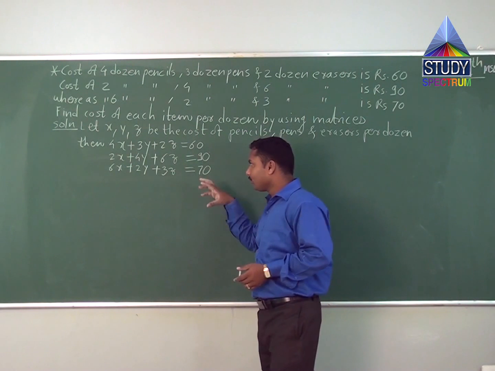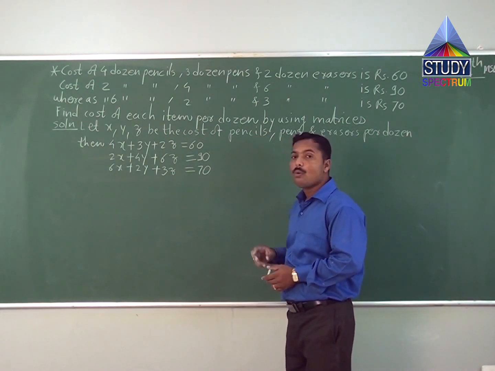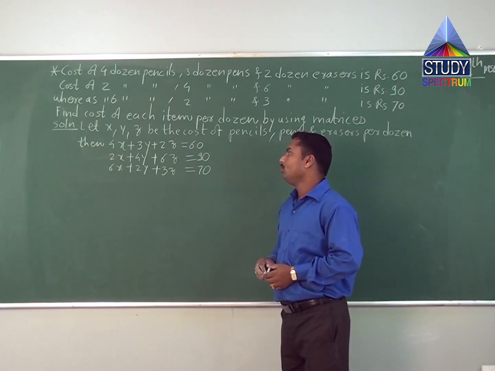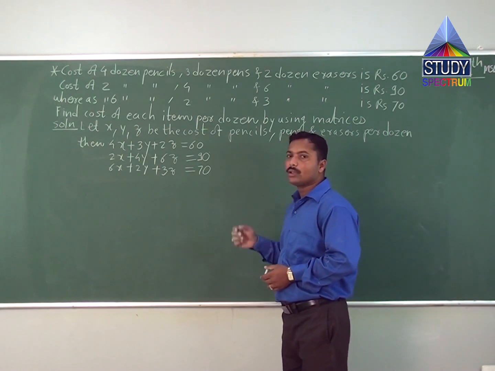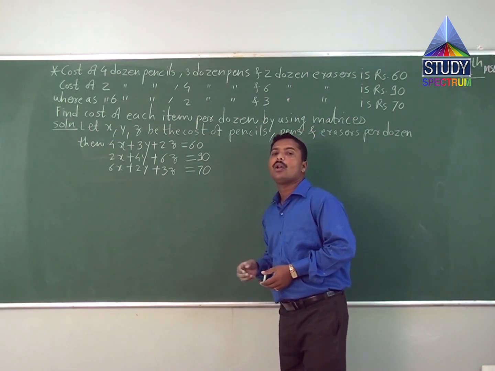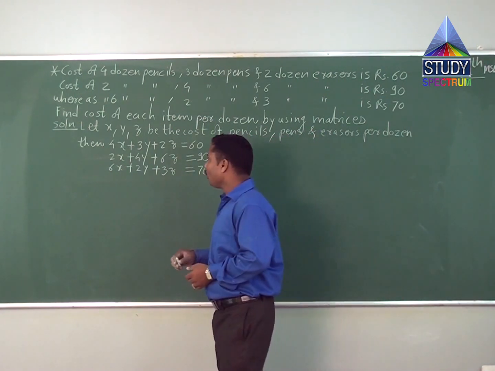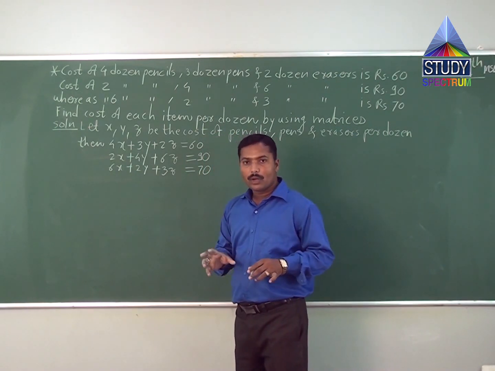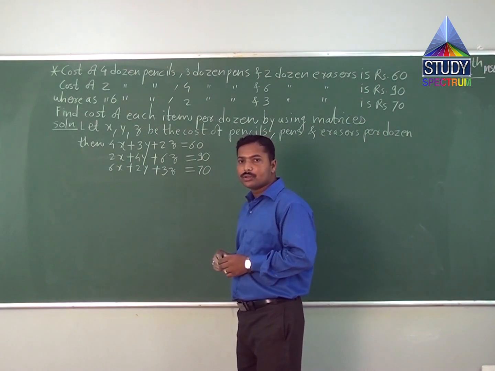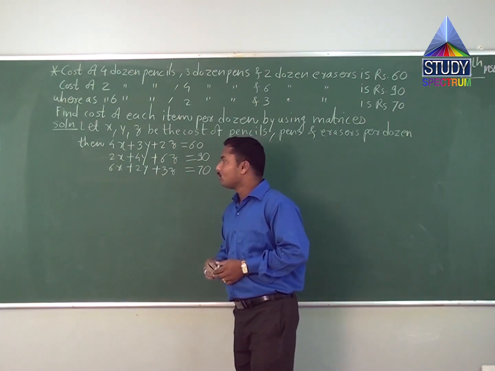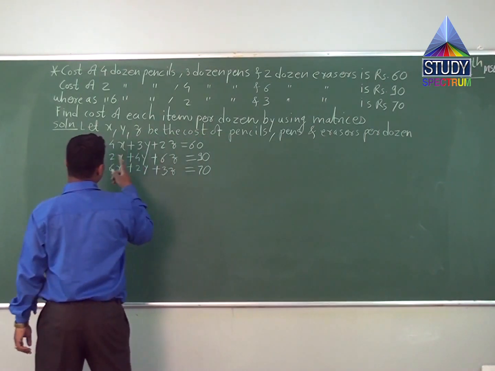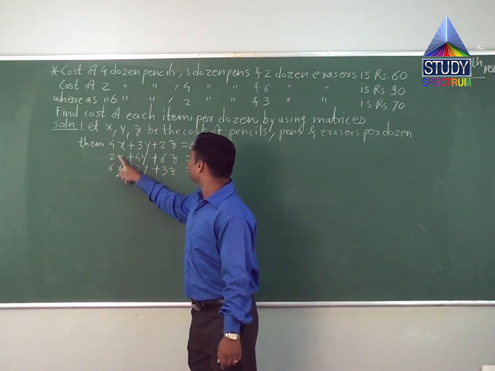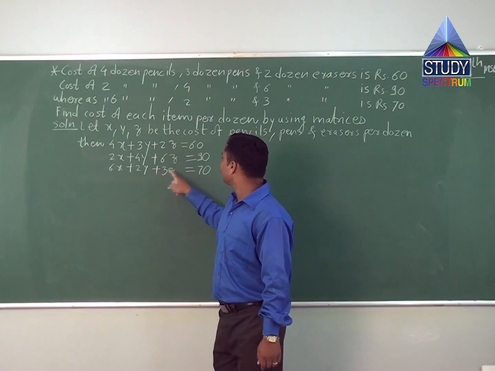So we solve this simultaneous equation by the matrix inversion method and also by row column transformation or upper triangular methods, also called the Gauss elimination method, also the reduction method. If you are perfect in using row column transformation, then use the row column transformation. Here this equation is equal to 60, this equation equal to 90, and this equation equal to 70.